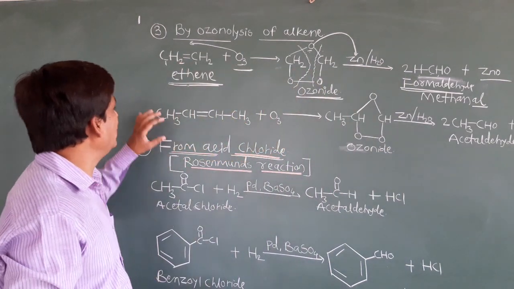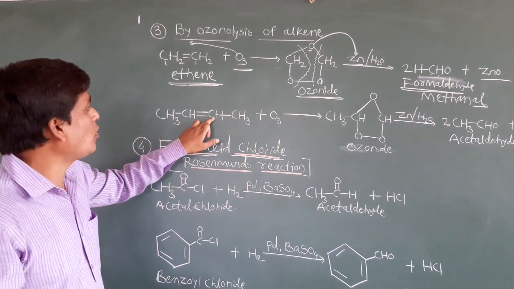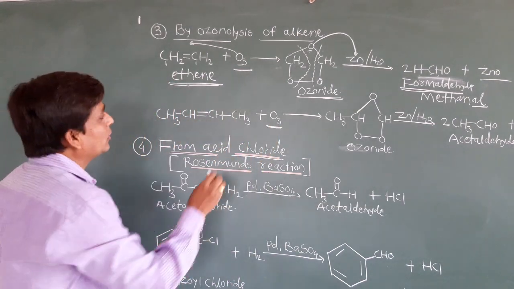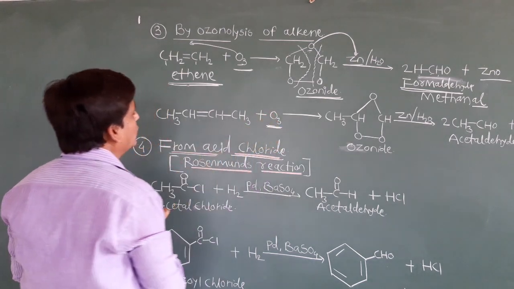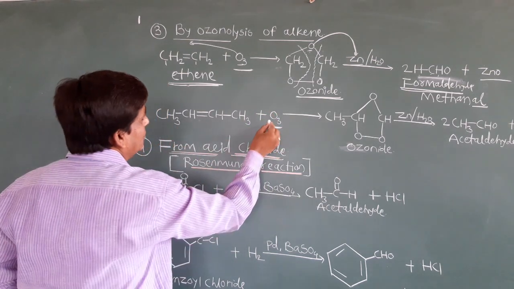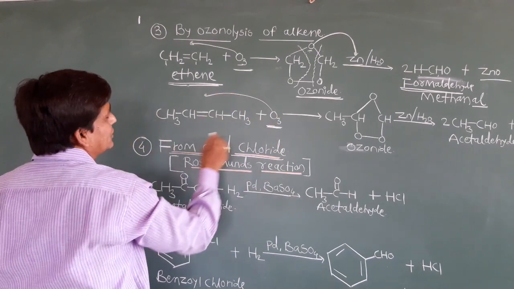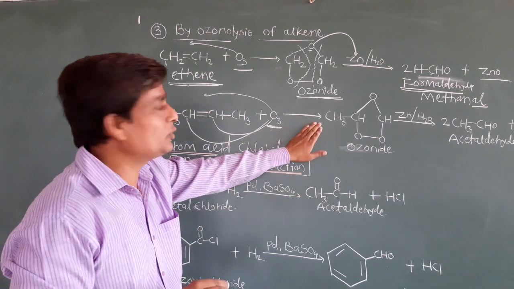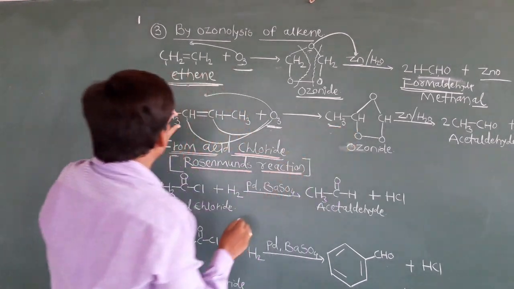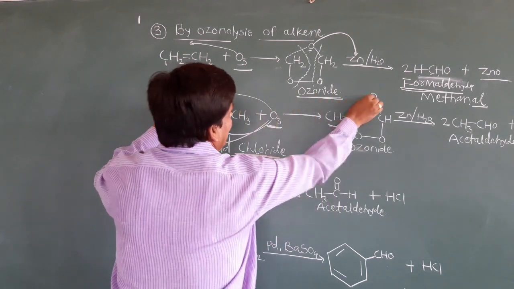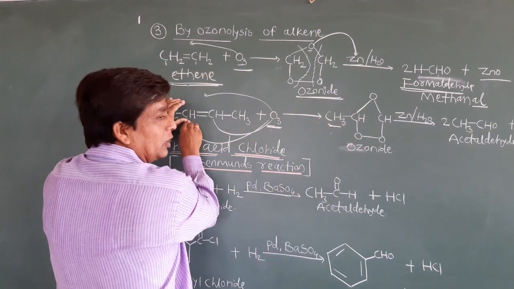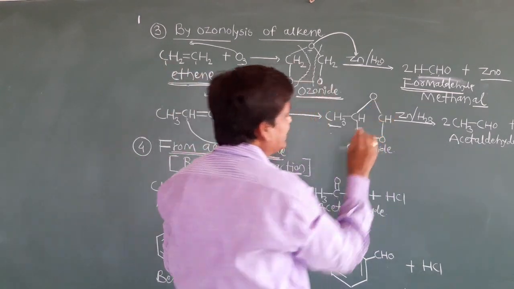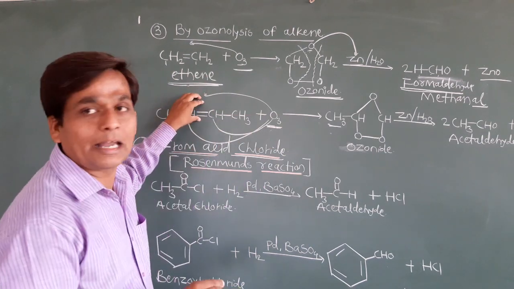Okay. See another example. CH3CH=CHCH3 undergoes ozonolysis. Same mechanism here. Just see, this O3 molecule is going to add across the carbon-carbon double bond. 1 oxygen is attached on the upper side, and the remaining 2 oxygens are attached to these 2 carbons. In this way we will get an ozonide. This CH3 as it is, then this CH also as it is. 1 oxygen here I am adding, and 1 oxygen attached to this lower carbon. Another oxygen attached to this carbon. This bond will form. See there, 3 oxygens are there. So all 3 oxygens are attached across this carbon-carbon double bond.